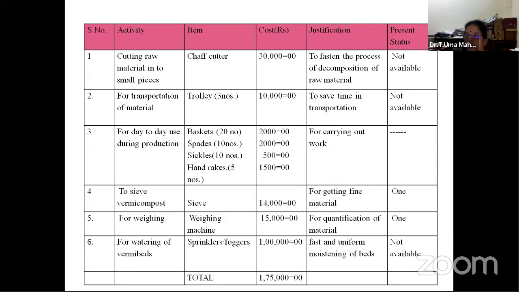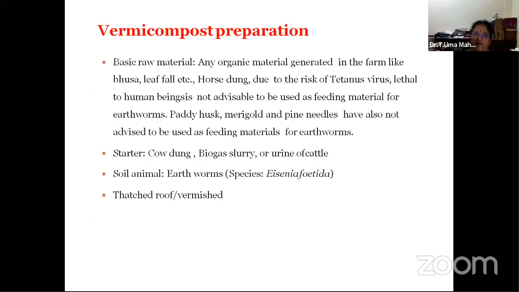And the important point is water facility. So we need water facility for production of this vermicompost. So these are all the things which we have to have. Now everything is ready: we have constructed a shed, and we have the material to transport the raw material from the collection place in the field to the shed. Then we have got the water facility, we have got the shed. Now how to go for the production of the unit?